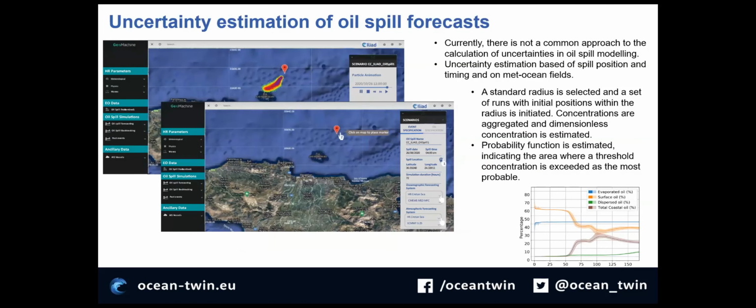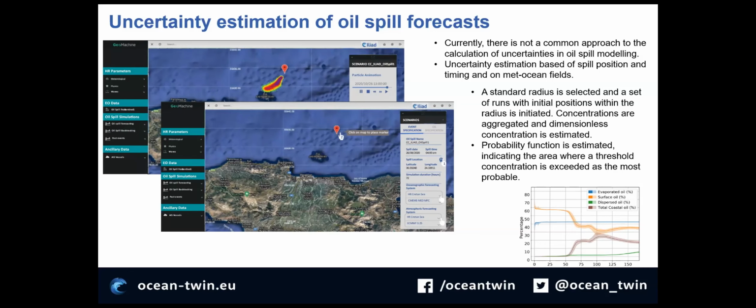And regarding now the uncertainty estimation, which is also important, it is recommended as a best practice. We are integrating several different sources of metocean data in our digital twin, so high resolution and coarser resolution, for both oceanographic forecasting systems and meteorological data,